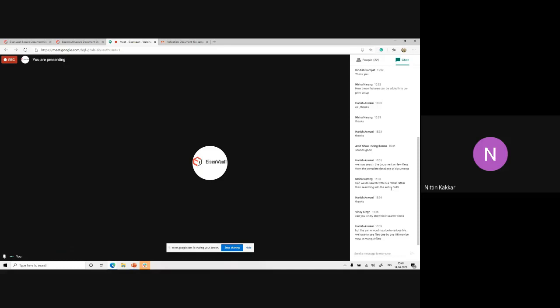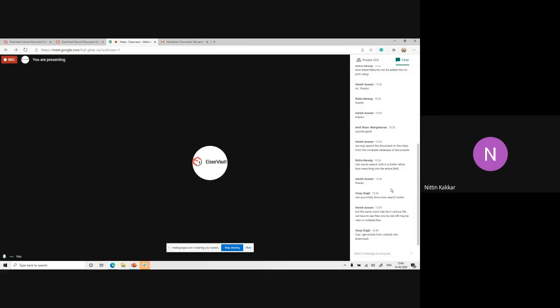So yes, the same keyword would be present in other files as well. So you can use multiple keywords as a combination, or you can use advanced search to narrow down your results. So, for example,